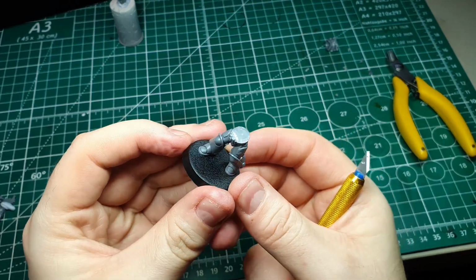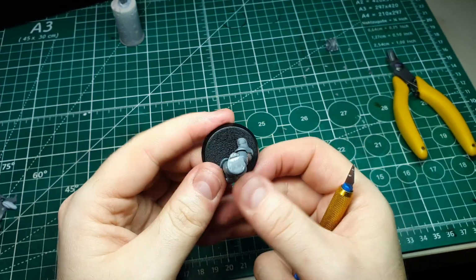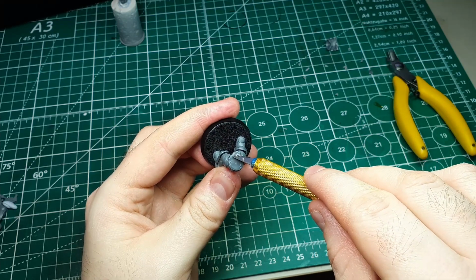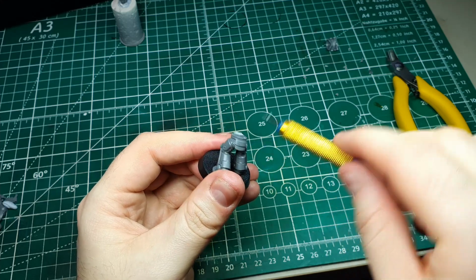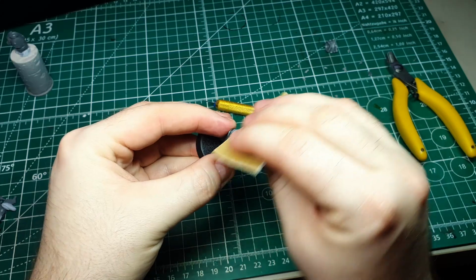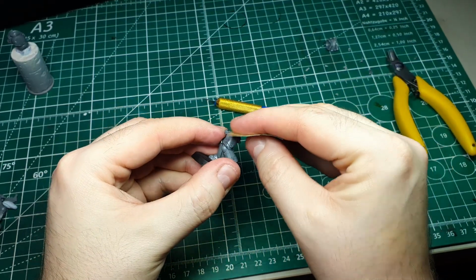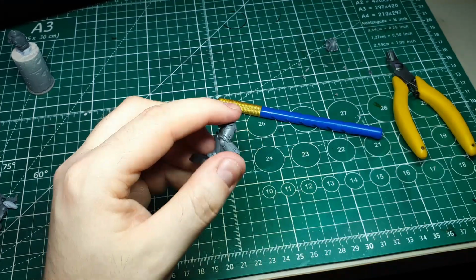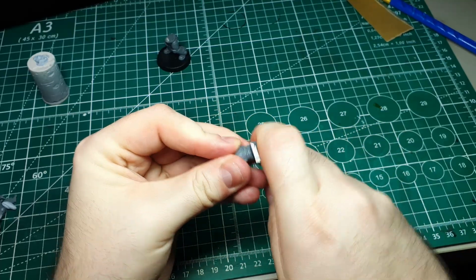And this is about where I've got to. I've left the belt detail intact because we want to retain that, because we're actually going to remove that from the Infiltrator's torso, so don't need two belts, so we'll leave this one intact. And now it's just a case of getting the remaining area nice and flat so it's easy for the two parts to join. To do this I'm just going to use a bit of fine grit sandpaper, nothing too coarse, we don't want to remove loads of material, we just want to make sure that it's a nice smooth level surface. So with the sanding done, the Intercessor legs are all prepped